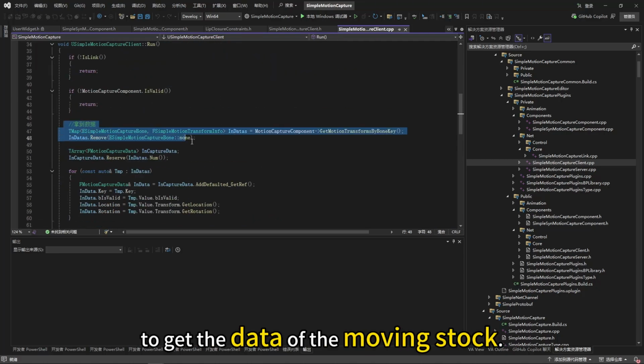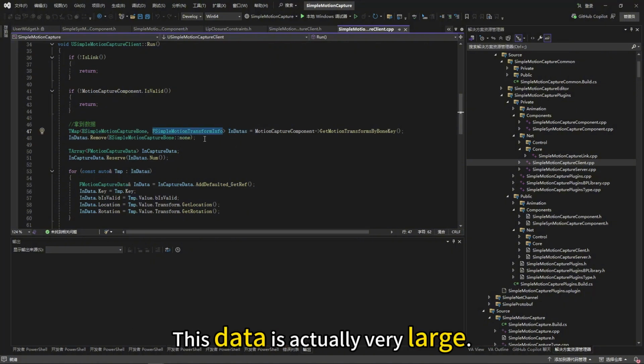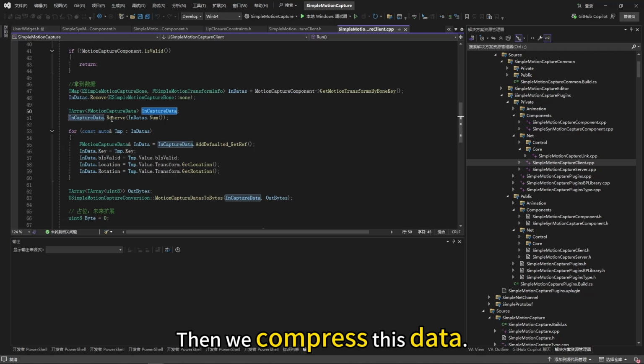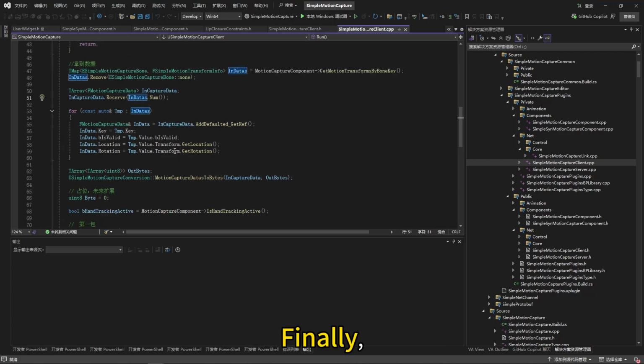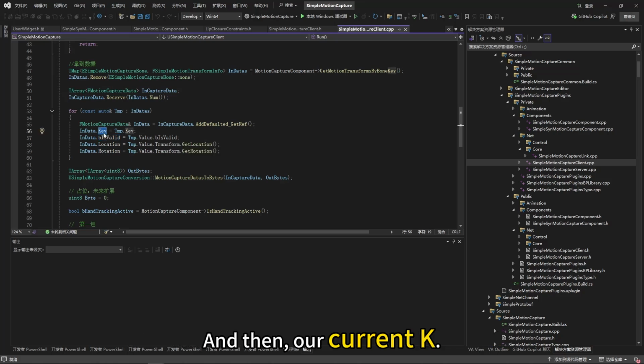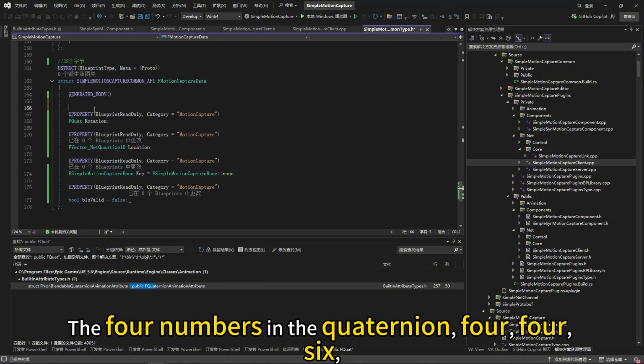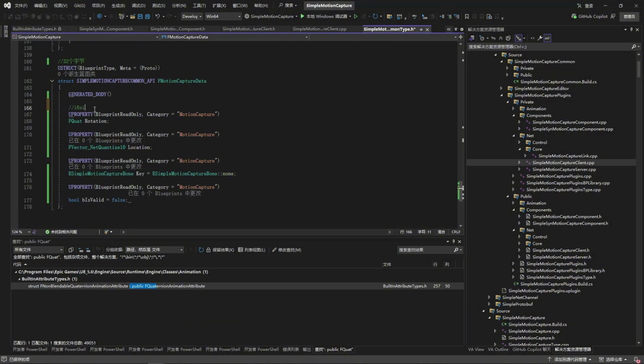First of all, we get our motion capture data from motion capture. So this is our current motion capture data. This data is actually very large, so we take that data and we compress it. Ultimately, all we need is a location and rotation to determine whether it makes sense. And then we found the key. So first, let's look at this. This is about 32 bytes. So here's the quaternion, and this quaternion is 16 bytes